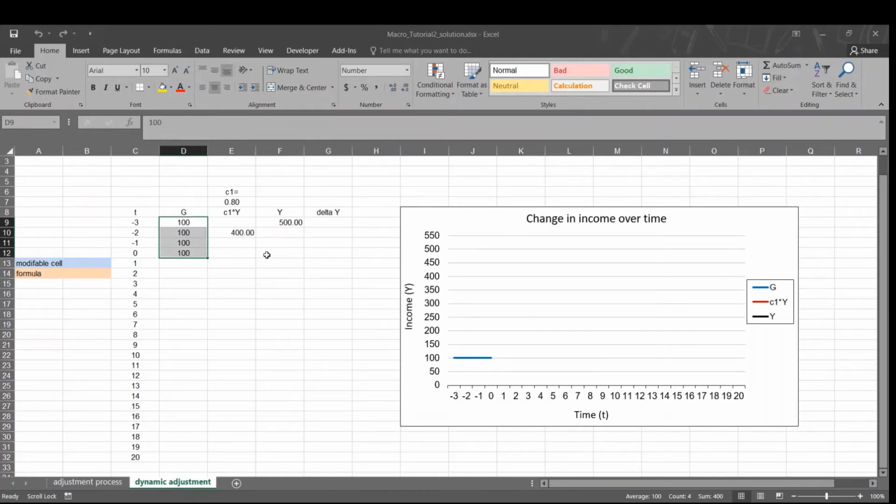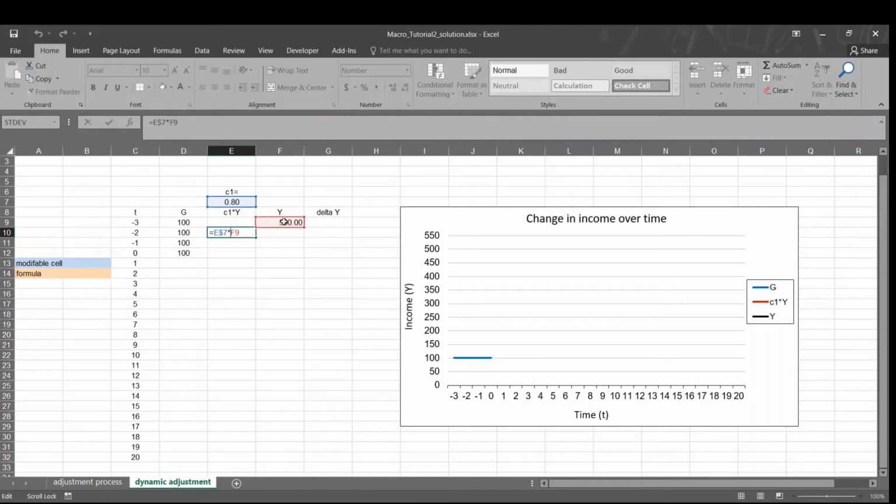So we would apply 100 government expenditure for time period t minus 3 until t0, and at t minus 2 we would